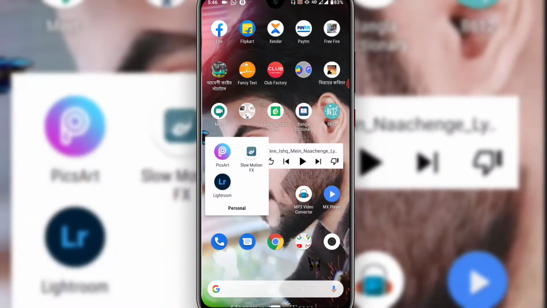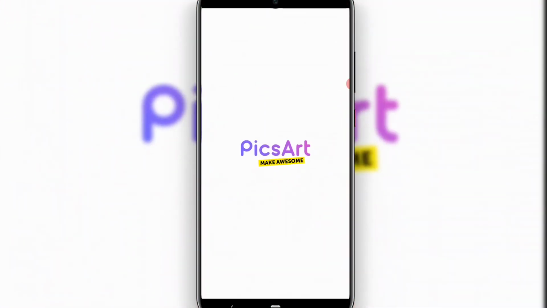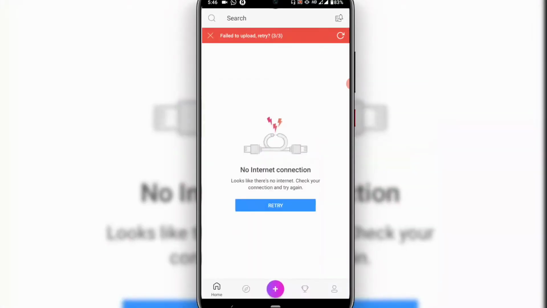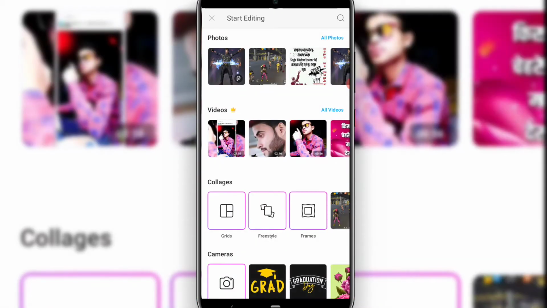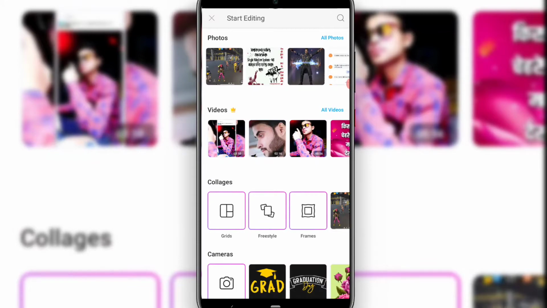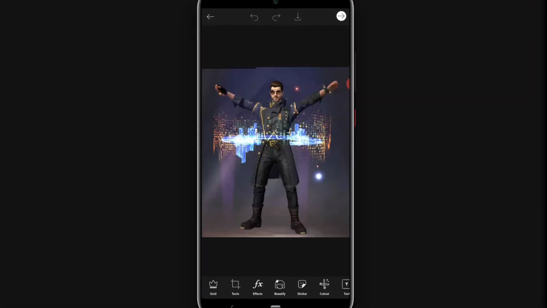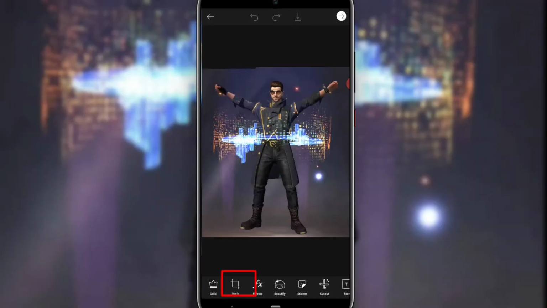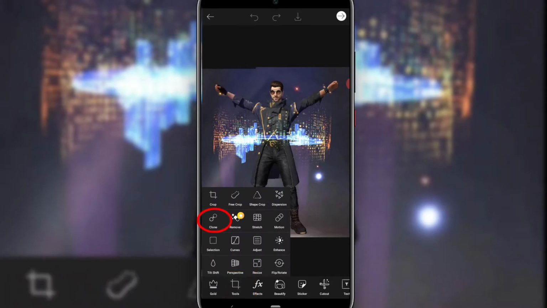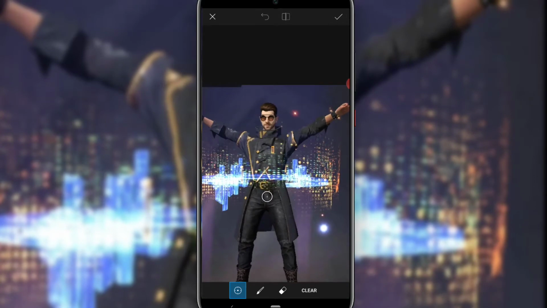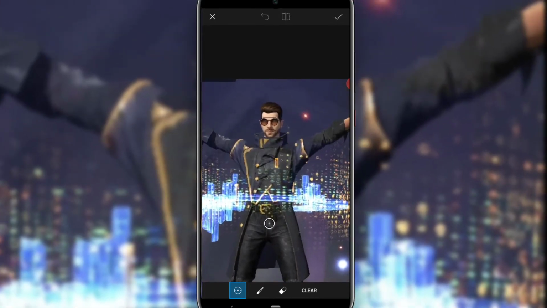So first, open the PicsArt application. Opening application. Just wait. After that, plus icon, choose any photos. I choose DJ Alok's photos. After that, tools, clone, same color,